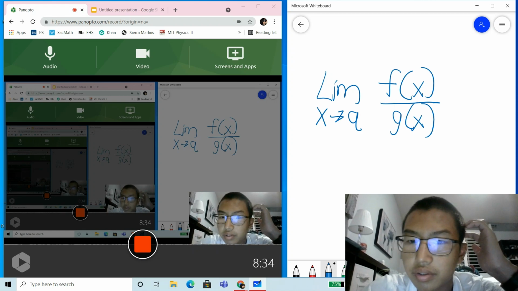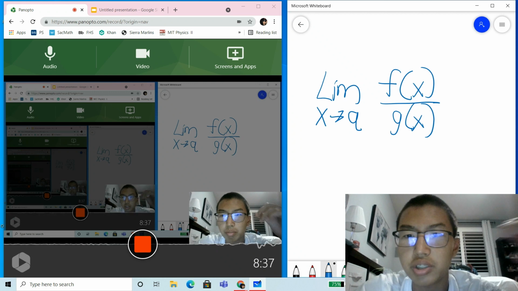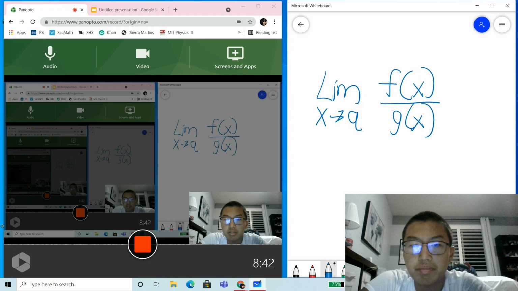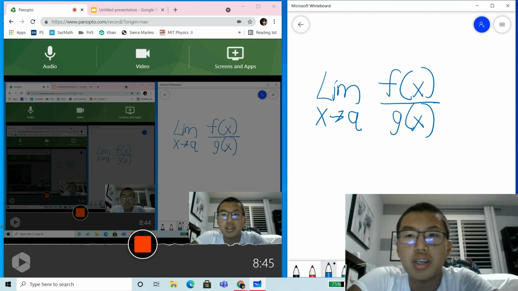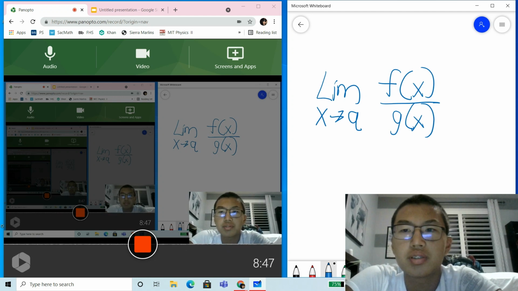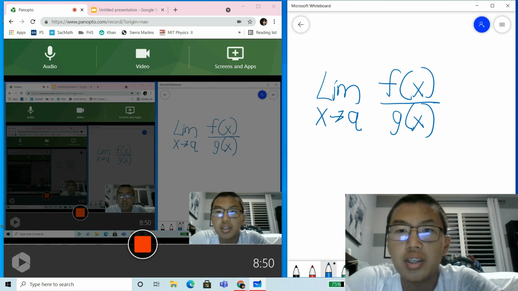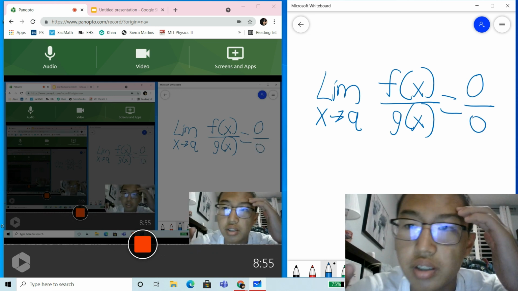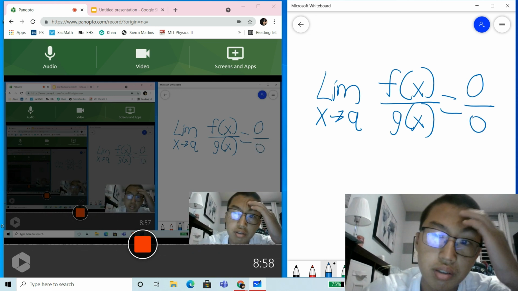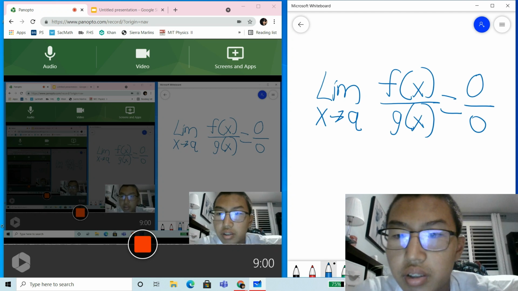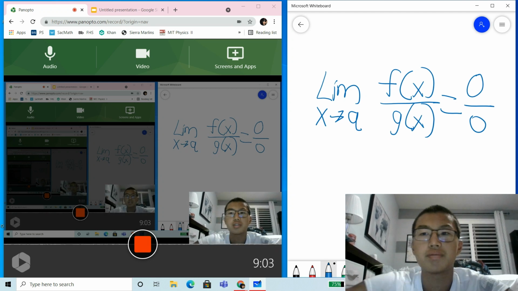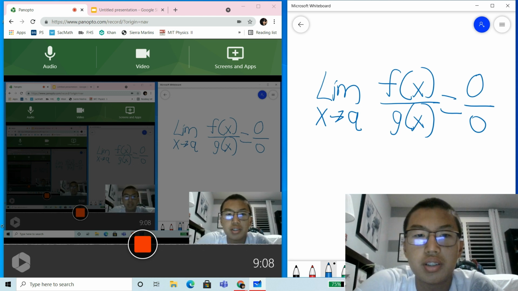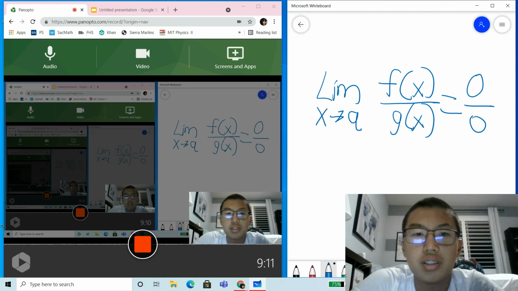So x is basically approaching a on this expression. And let's say this is 0 over 0. Well, here's the thing. If f of x equals g of x, then basically